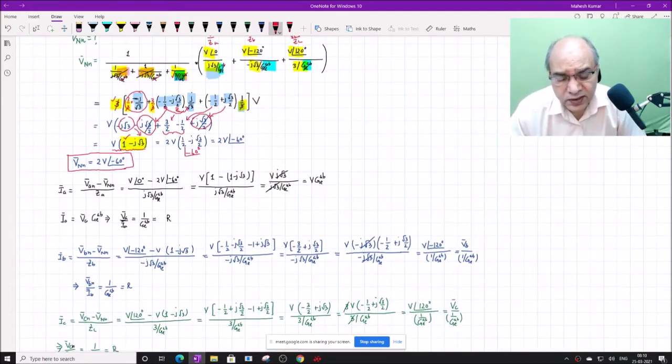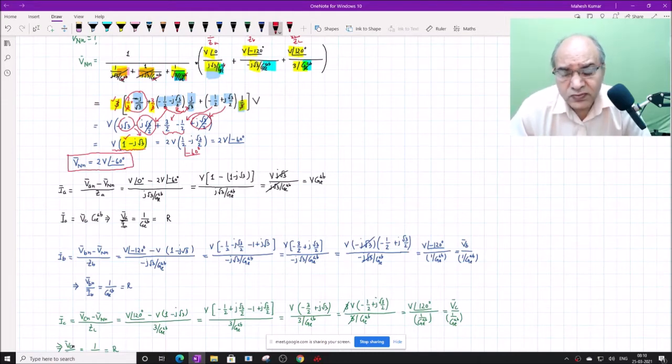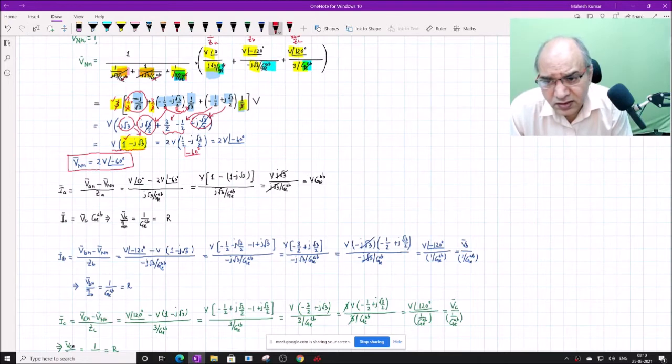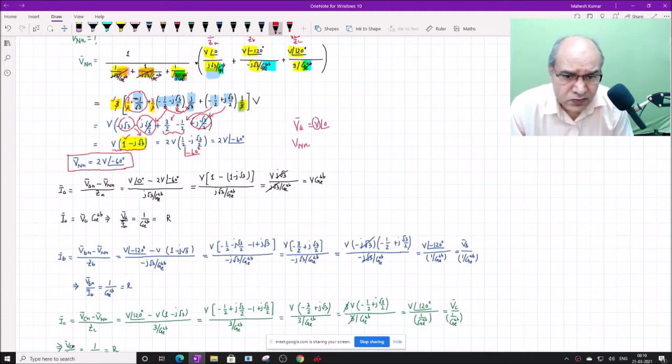Okay, this is very interesting and very insightful, because you see the neutral voltage is twice of the phase voltage. Can you imagine? Phase voltage is simply V angle of 0. So phase voltage is V with the V RMS value. But the voltage between the two neutrals is twice of the phase voltage and angle of minus 60 degrees. So it is a highly unbalanced three-phase system.